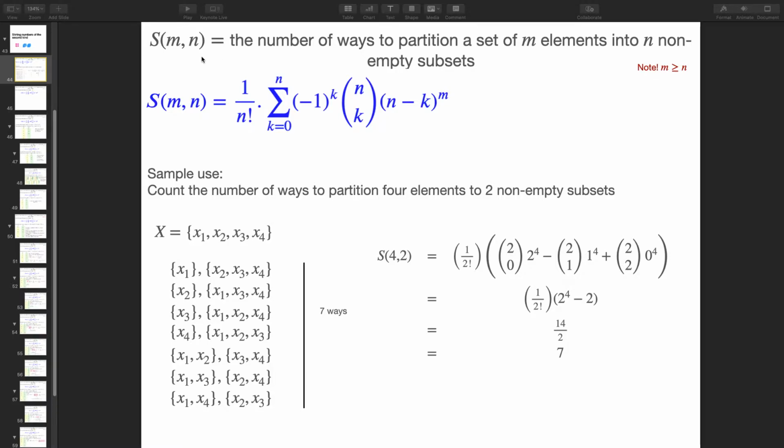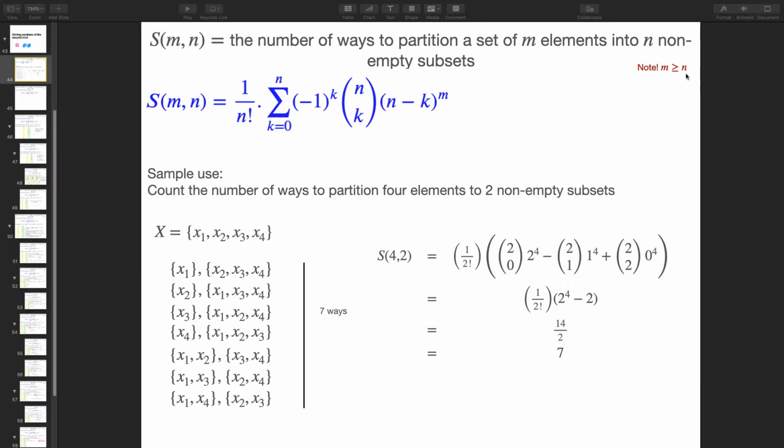Another way to denote it is using yung curly brace naman na symbol. Okay? So, ang given ay m elements at saka n non-empty subsets. So, we have to distribute the m elements into n subsets where the subsets are, again, not empty. So, note na kapag mas malaki yung n kesa sa m, yung dami ng subset kesa sa dami ng elements na i-distribute mo,